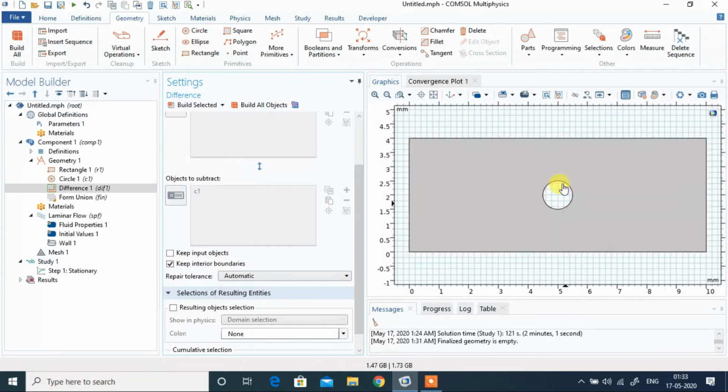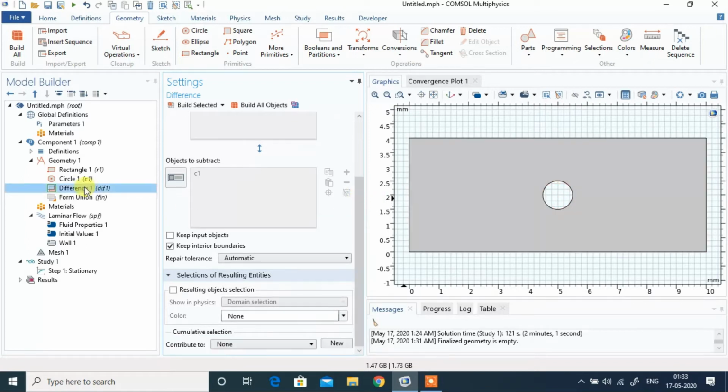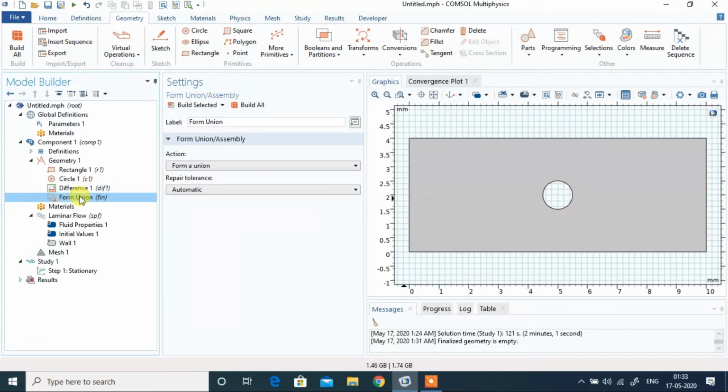So this cavity, the circular cavity, is subtracted. Then form union, it's better to be done to avoid any failure or error. So this is our setup ready.